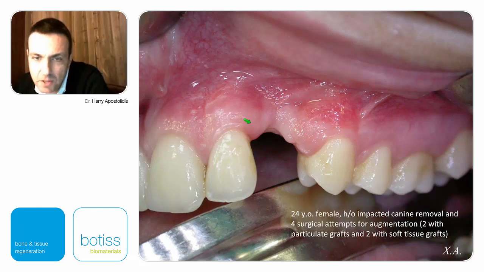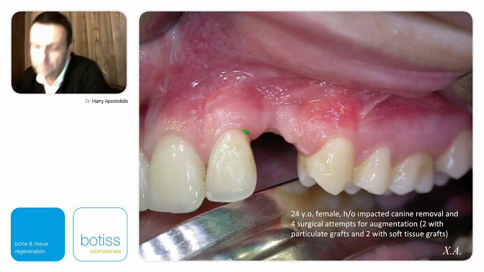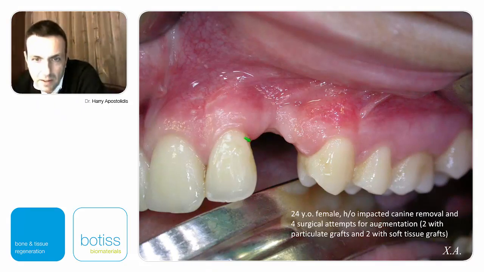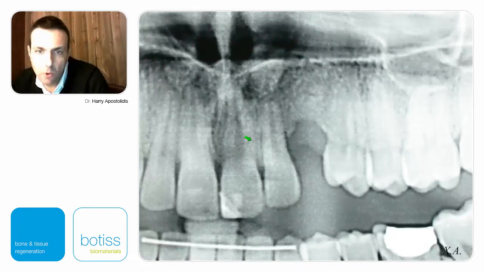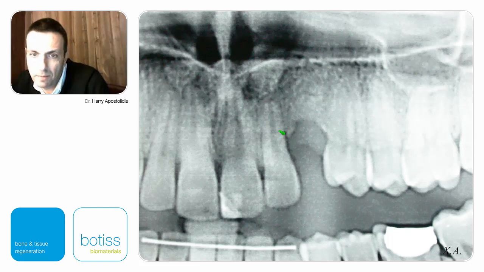From all these surgeries, I don't know which surgery is responsible, the papilla has gone up. And why has it gone up? Because the bone has gone up. So we lost bone here from all these surgeries. We have to tell the patient beforehand, not afterwards, that here probably the papilla won't be as it was